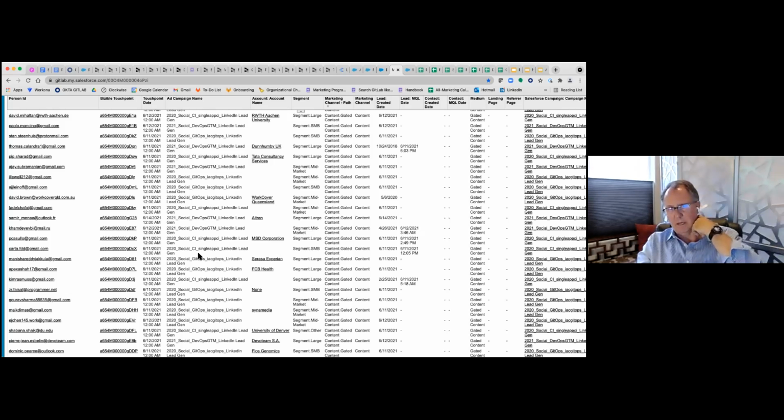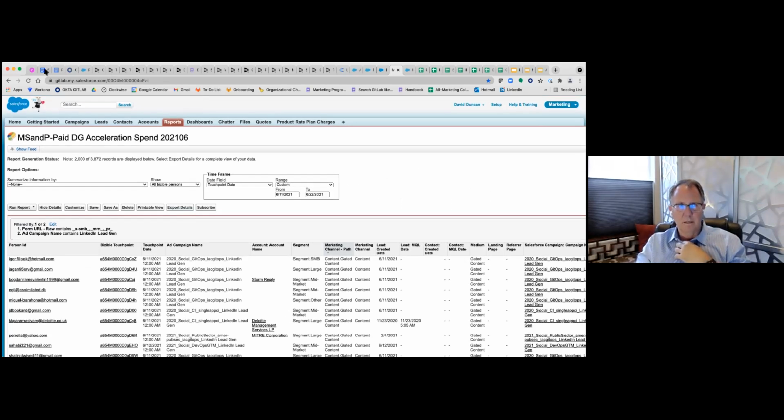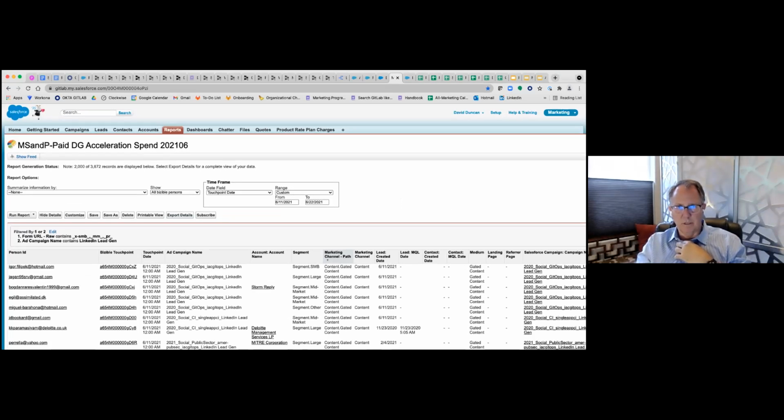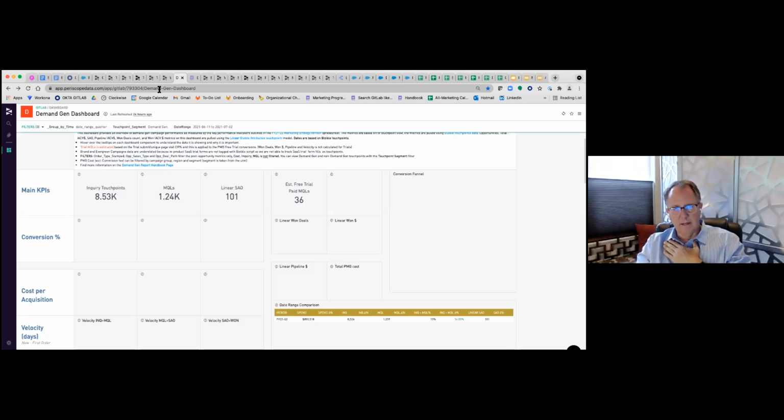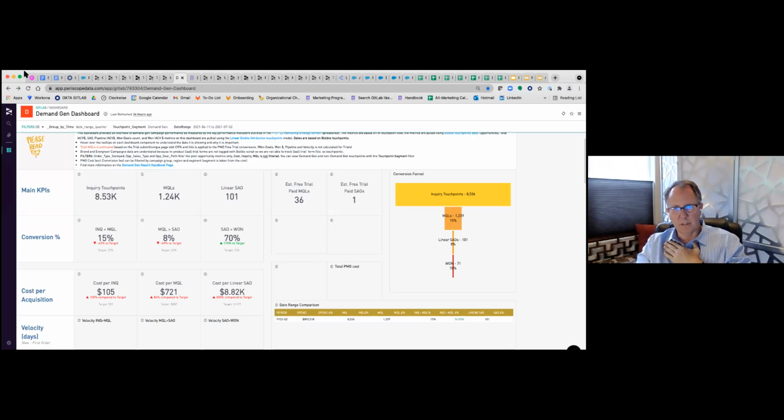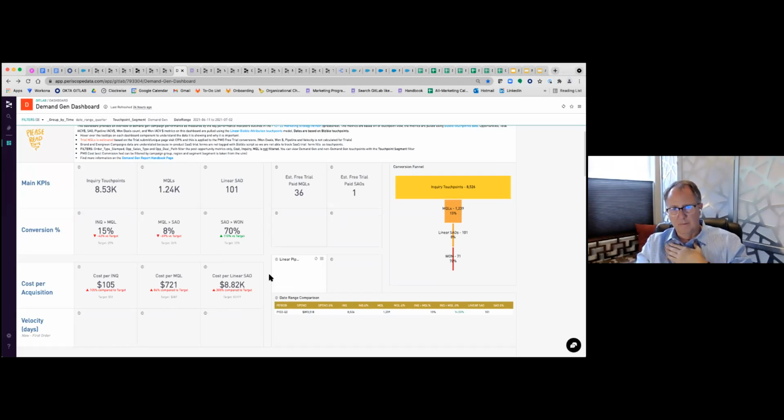And so I'm thinking about how do we understand that pool of inquiries that came in, because we really don't have that data in the demand gen dashboard, that tells the team we need to take another action with them. Does that make sense? And then the other thing that the demand gen dashboard really doesn't do at all is